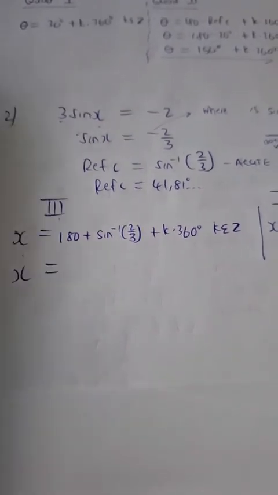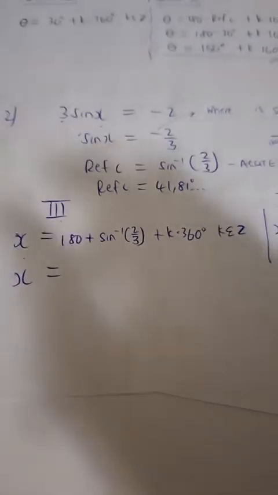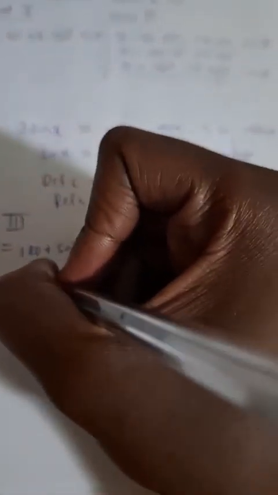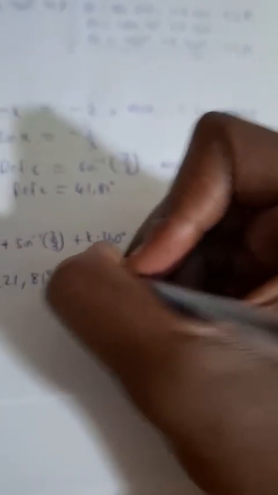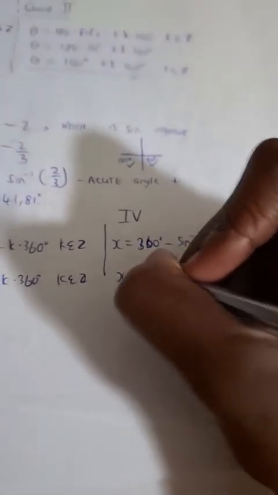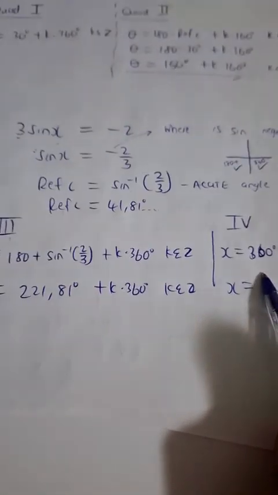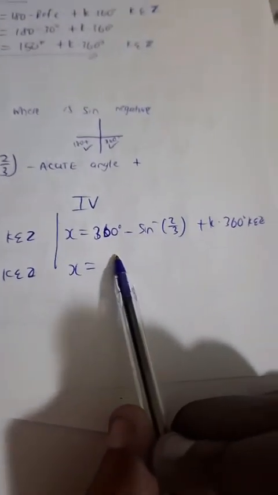We get 221,81. And then here x is equal to 360 minus 41,81. We get